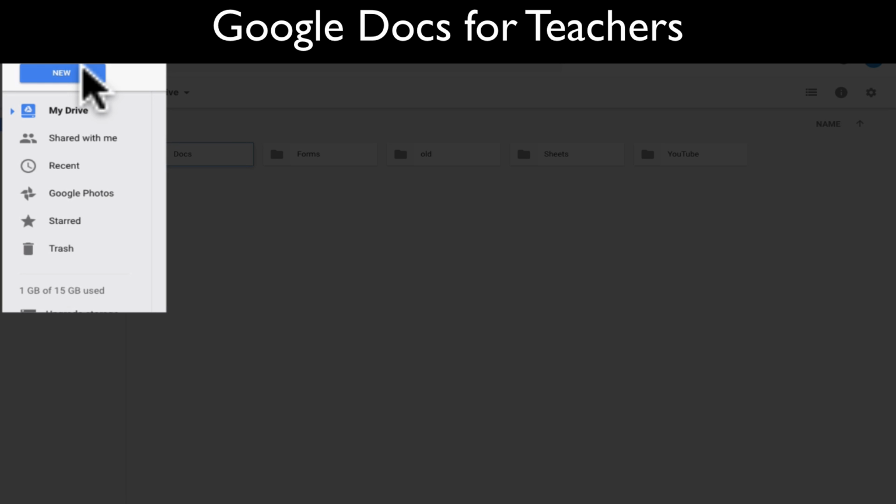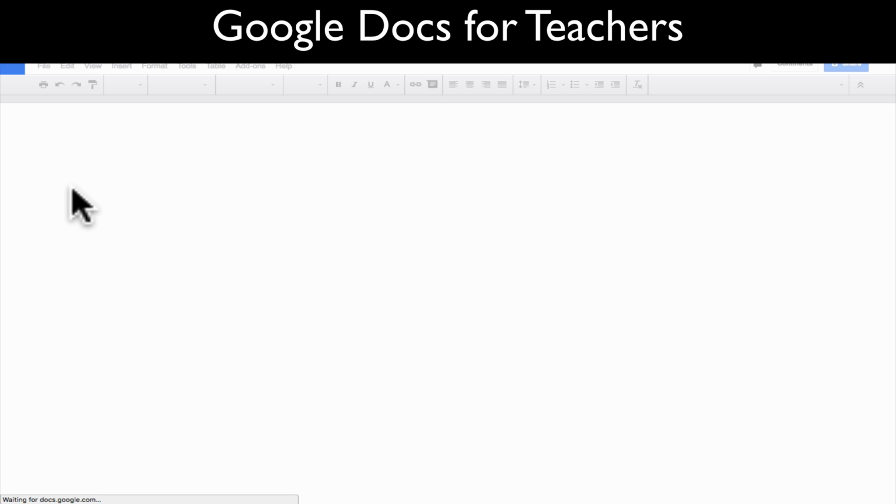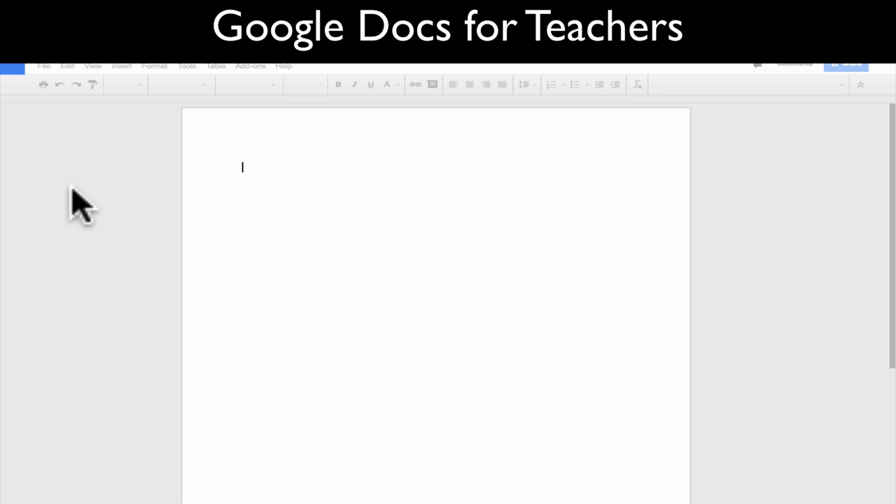I can go to a whole bunch of different things from Google Drive. So I'm going to click New. And this time we're just going to be using Google Docs, but I can do new and they can go to all four of the most important things. Once you have Drive open, the four things that I think are important for you to know are, number one,